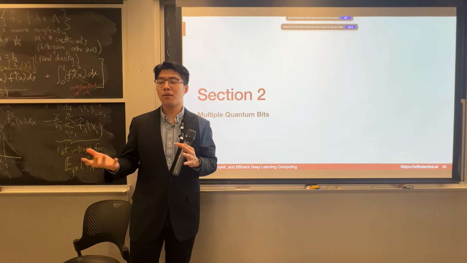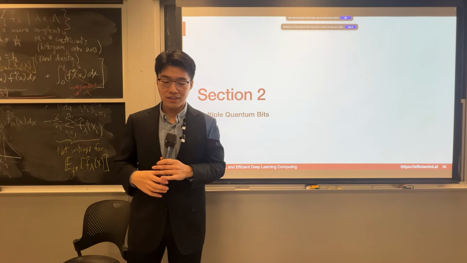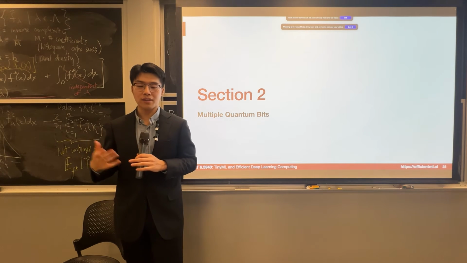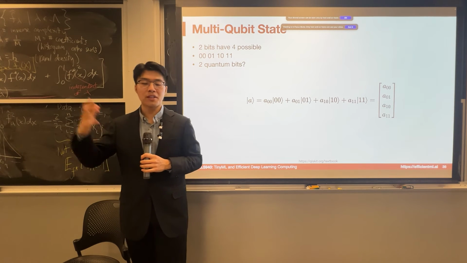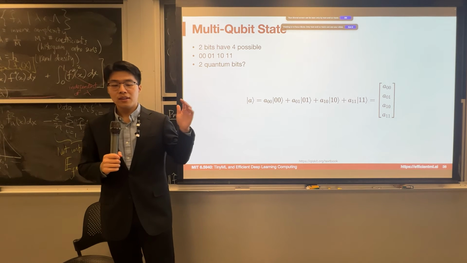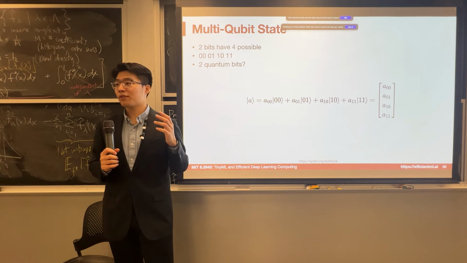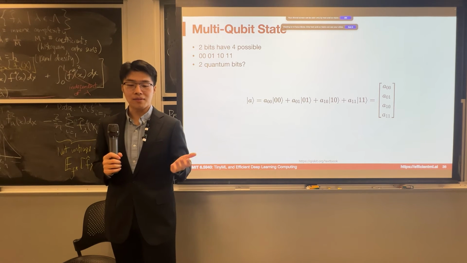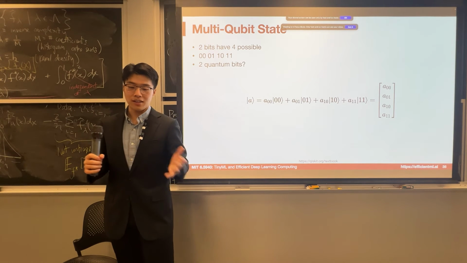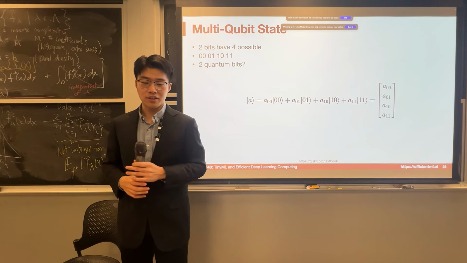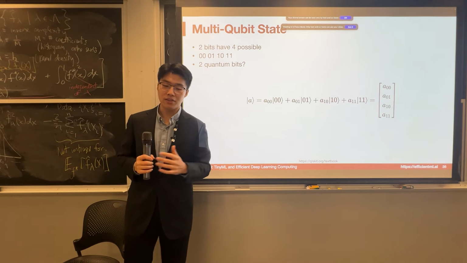You can see that one single qubit is not a big deal because we just have this vector. So what is the interesting thing here? That happens when you really scale up the system. When you have multiple qubits, you can obtain this exponentially large space, right? The first thing I want to emphasize is that in classical computation, if we have two bits, we have 4 combinations: 0 0, 0 1, 1 0, and 1 1. At one time, all the memory cells in your cell phone can only be in one state. There cannot be any combinations between them.